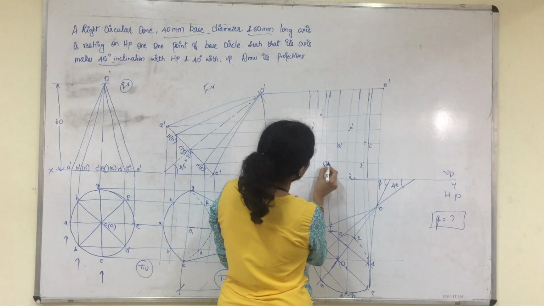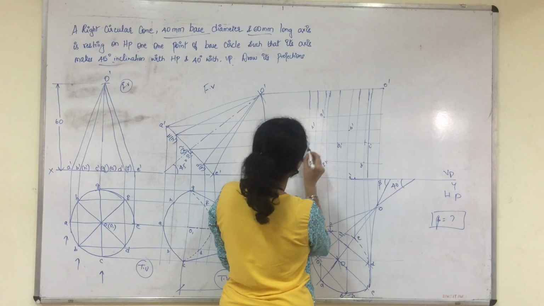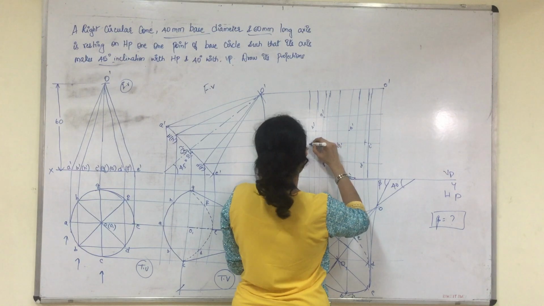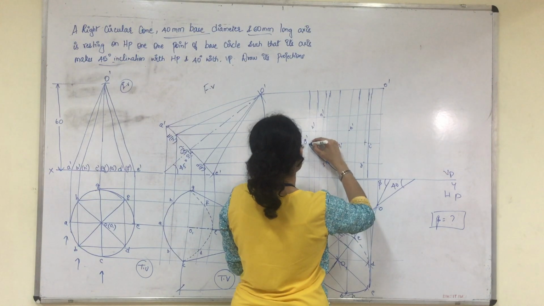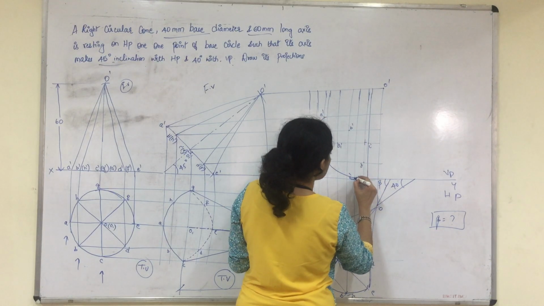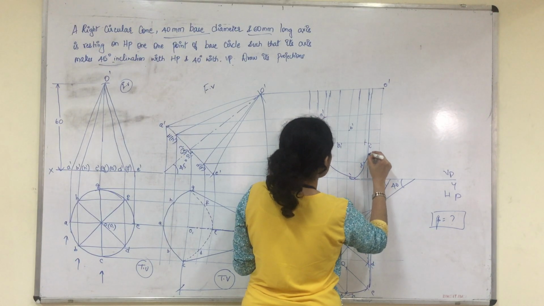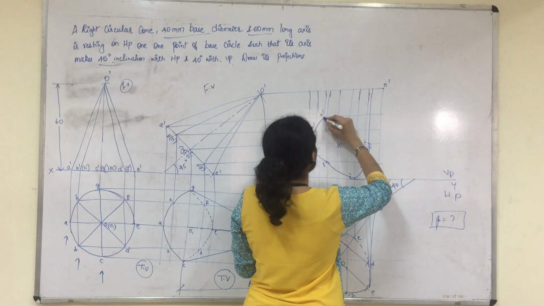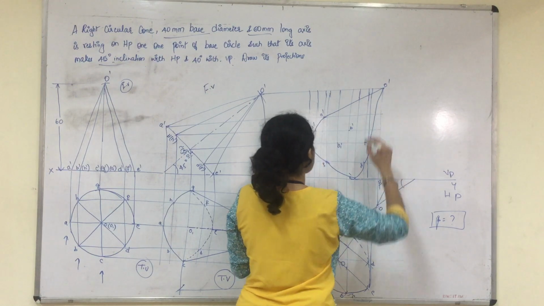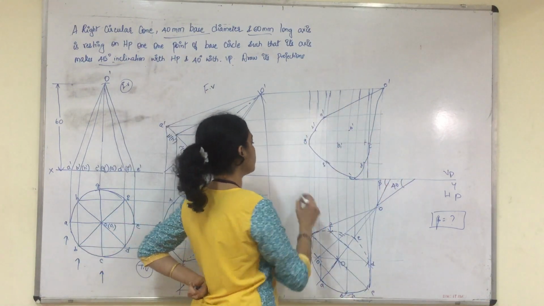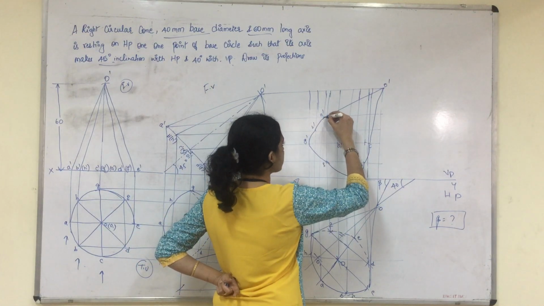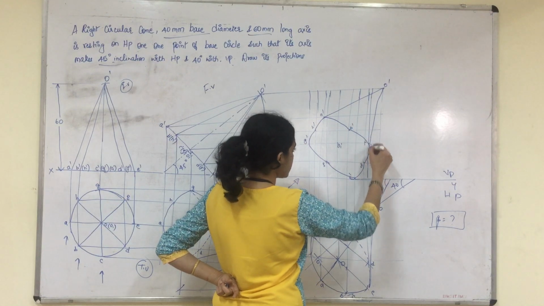So this is a base circle. So from F dash, you will join F dash to E dash, F dash to G dash, G dash to H dash, H dash to A dash, E dash to D dash, D dash to C dash, right? And A dash to O dash and O dash to C dash. So this is the outer boundary, but when the observer views from here, the entire base circle will be visible. So you will join the base circle.